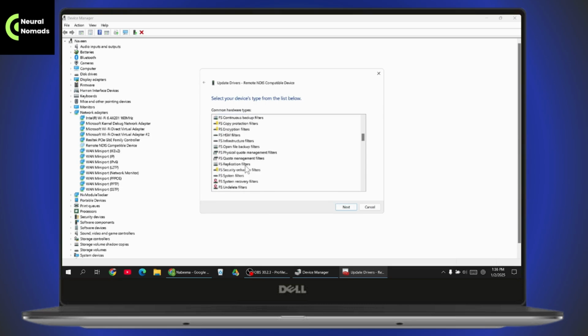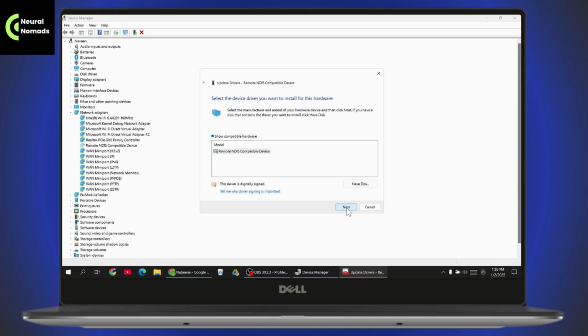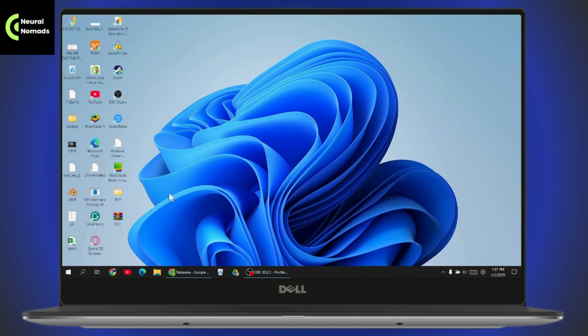Now you just need to simply scroll down and you will find network adapters option. So search for network adapters and go with next, and here you will have your device, right? So you just need to simply click on device and then go with next and just update your driver. Once you've updated your driver, but if it still doesn't fix your problem, then the next thing you need to